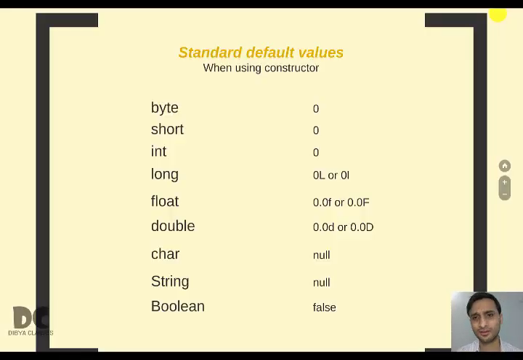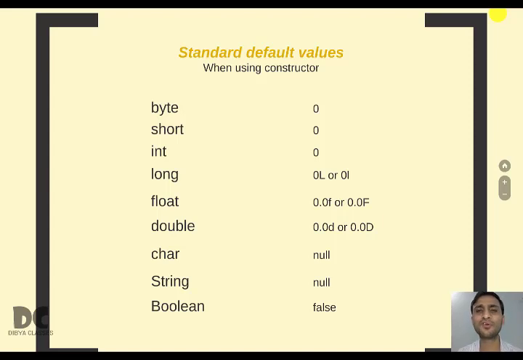Next, double, you can write 0.0d, small d or capital D. If you do not write D, it is fine. It will not give any error in any situation, so it is optional. But while doing long and float, please write L for long and F for float. It can be small f or capital F.